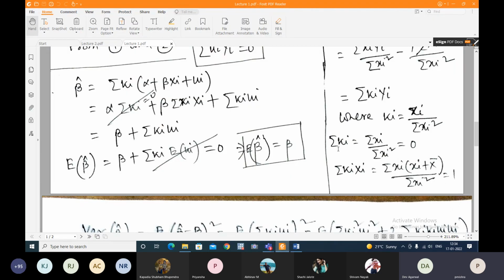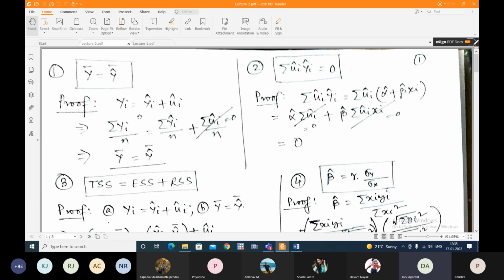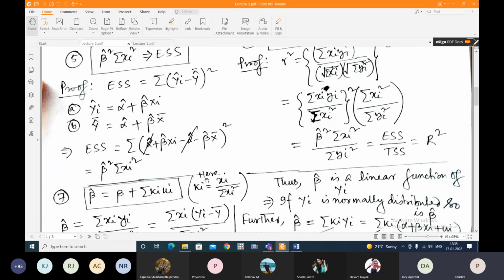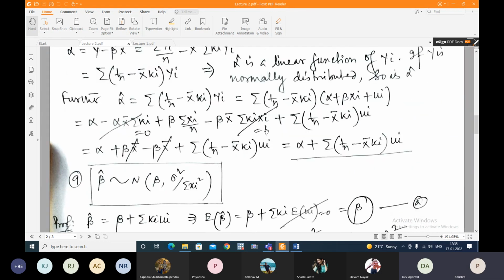This summation of small xi is equal to 0. So summation of capital I is equal to 0. And summation of ki capital Xi is also equal to 1, as we have used here. That is equal to 1, you see here. This we are writing as 1, this we are writing as 0. So eventually, what we are getting,